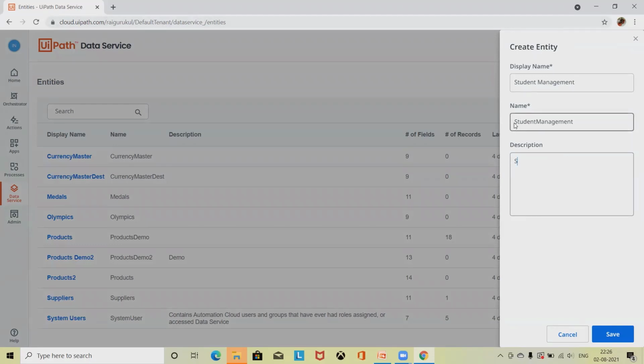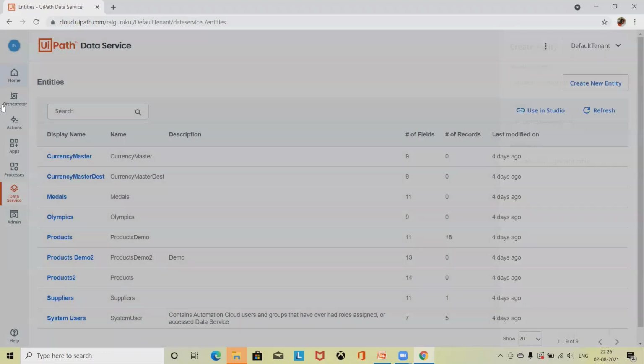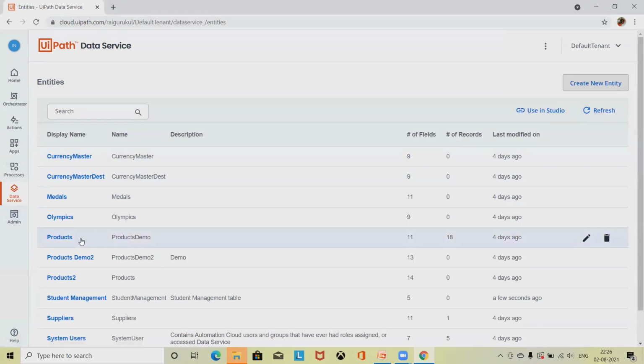This is the display name. The main name is here, which we can use from the calling perspective. And I'm giving the description, student management table. Click on save and this entity will be created for you.